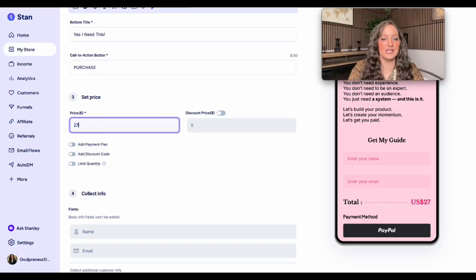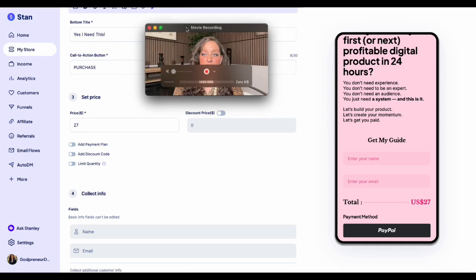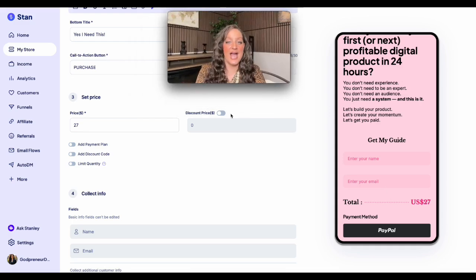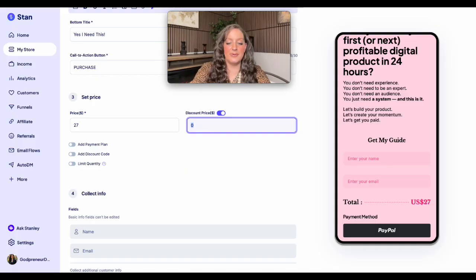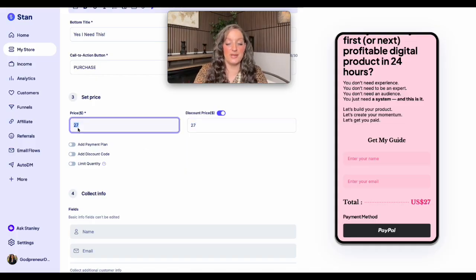So let's price this at $27. Let's just say that we made an ebook, okay? Out of all of that information, we did an ebook. So now you're going to see right here, 27. I always like to toggle this part on, discounted price, and put like what it should have been. So it should have been $297. They're getting it today for $27, okay?